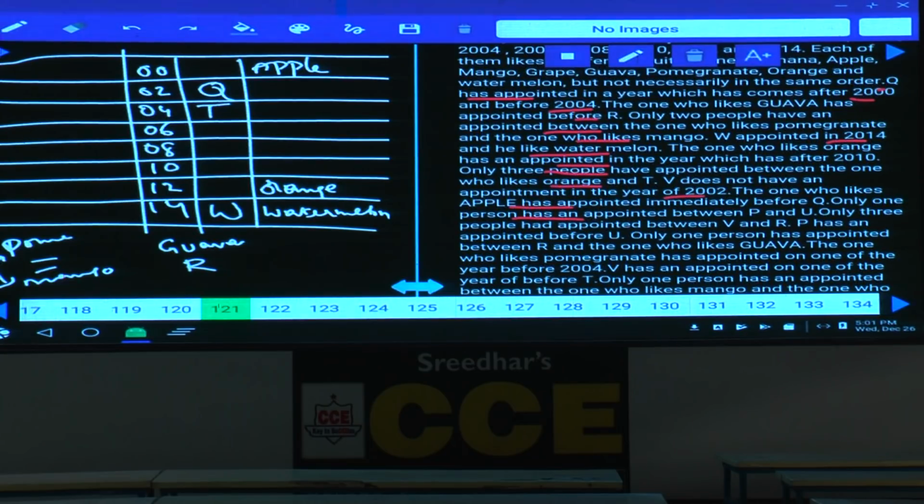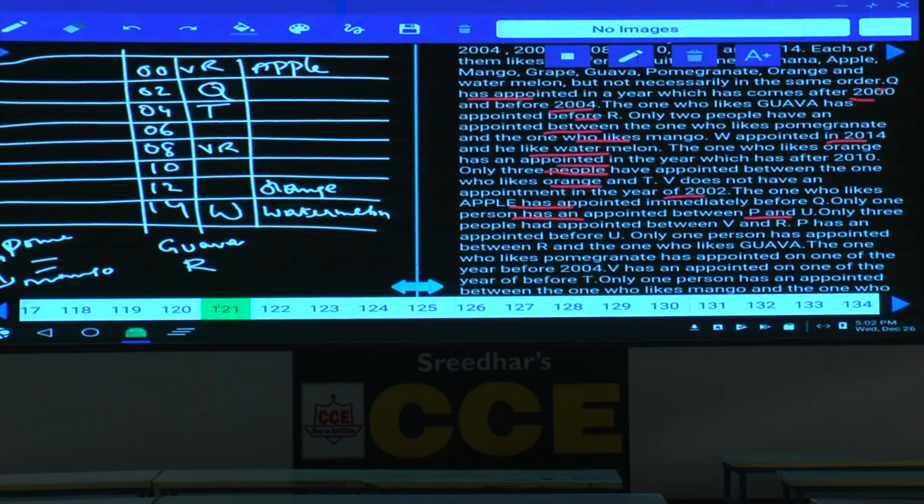Between P and U, there must be exactly 1 person, and only 3 people are appointed between V and R. Between V and R, there must be exactly 3 people. As between V and R there must be exactly 3 people, then what is the only possibility? Now, one between these 2 persons, V and R, must be in the year 2000, isn't it? Because there must be 3 people. As V and R is here 1, 2, 3, the other V and R must be in these 2 places, isn't it? V and R. And so only 3 people are in between